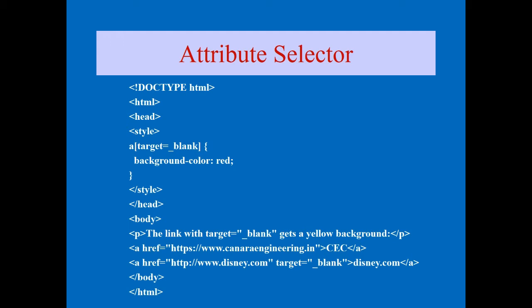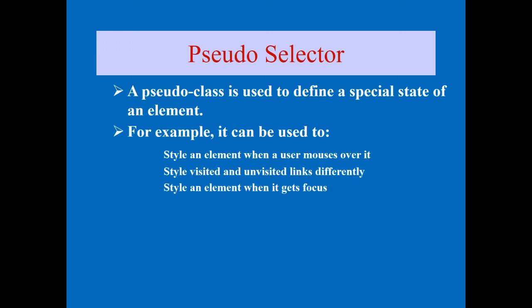So when you see the output of this page, the disney.com background color will be red. Why will that come red? Because the attribute target equal to _blank is available along with that anchor tag, and we set the properties for this attribute inside the CSS as red, that's why it is coming red. There are two anchor tags. For the first anchor there is no impact, but for the second anchor tag, disney.com, there is an impact, because we already set it for the attribute selectors. I hope with the help of this example your concept is clear for the attribute selectors.